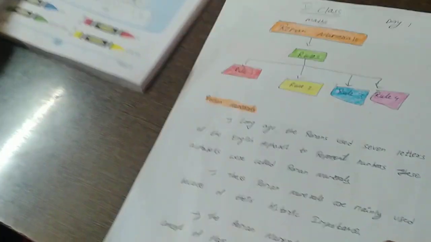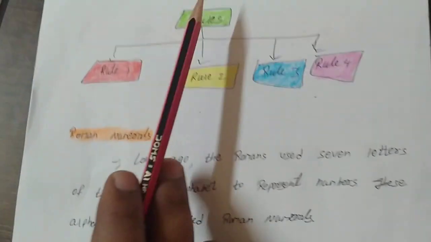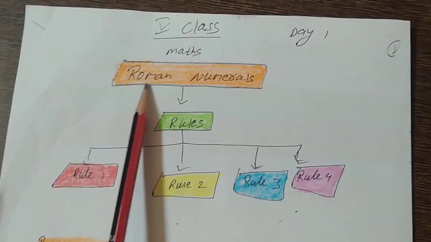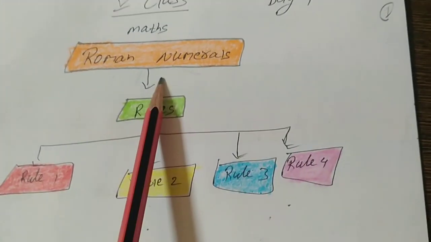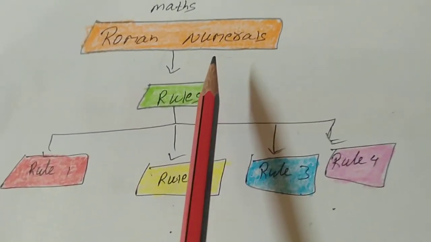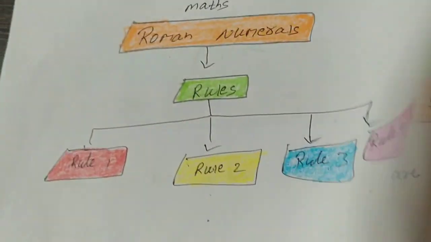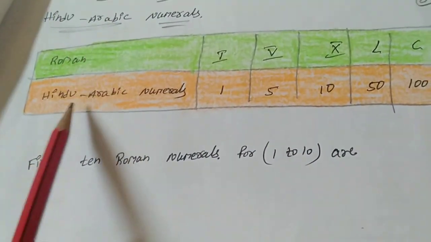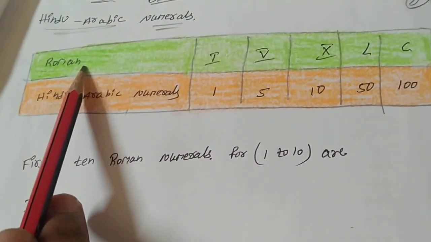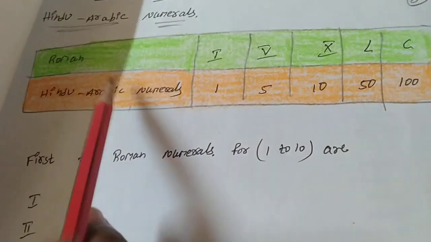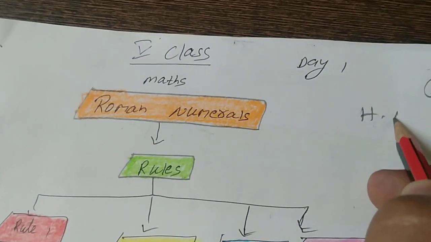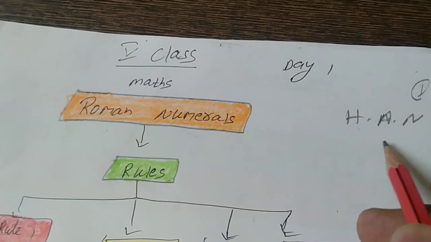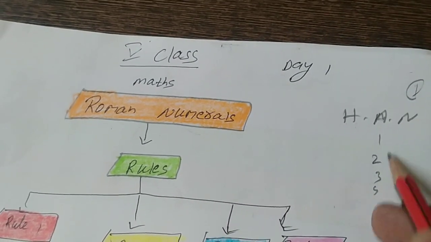And my dear students, now we are going to Roman numerals. 5th class students, your day 1, Roman numerals. Roman numerals, you know, are very important. See, it is a shortcut. We have 2 things: one is Hindu numerals, as well as Roman numerals. We have Hindu Arabic numerals and Roman numerals. For the 2 number systems, we use Hindu Arabic numerals as 1, 2, 3, 4, and etc.